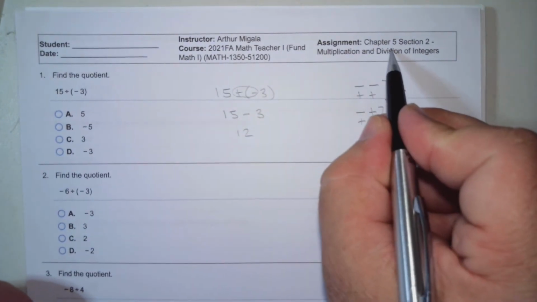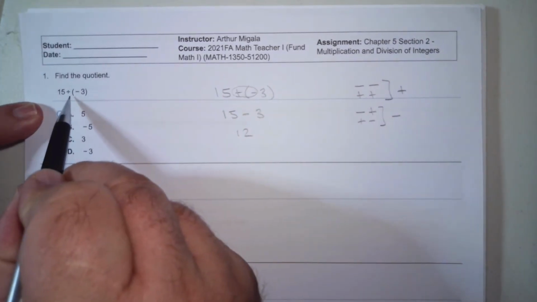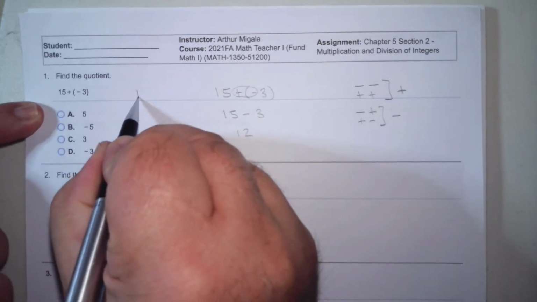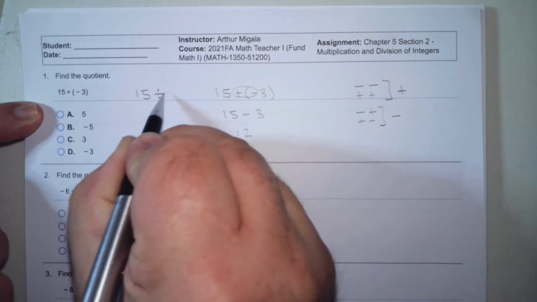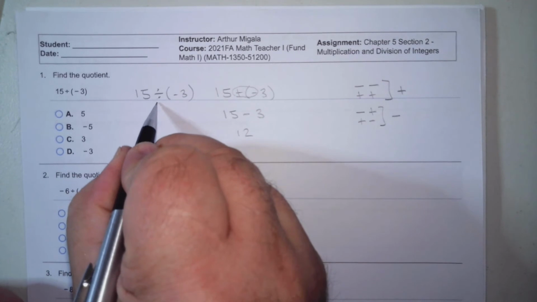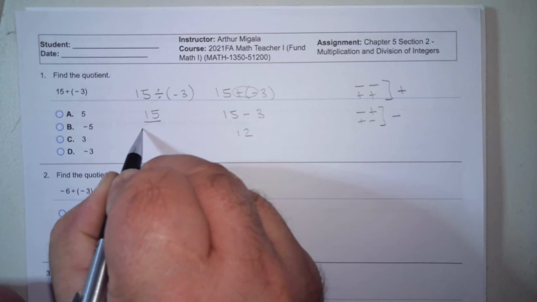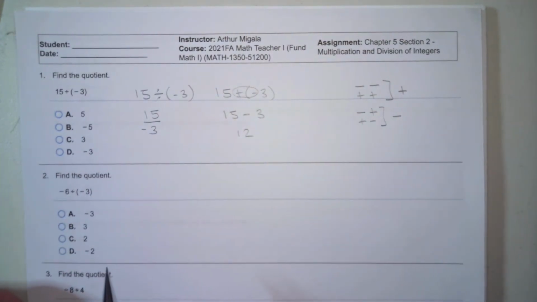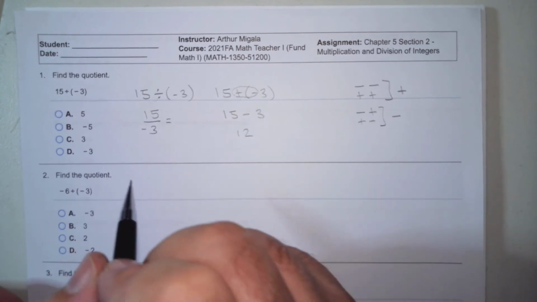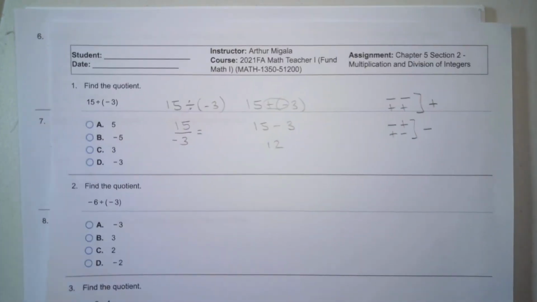Now we're going to talk about Chapter 5, Section 2, Multiplication and Division of Integers. I misread that the first time. I thought it was plus minus. What this really tells us is 15 divided by negative 3. That's one of the ways you can write it. It also means 15 divided by negative 3. Whenever you multiply or divide numbers with signs, if you have an odd number of signs,